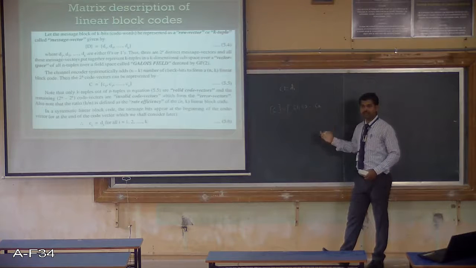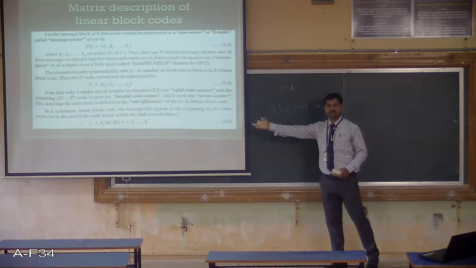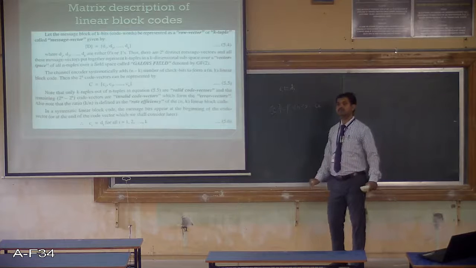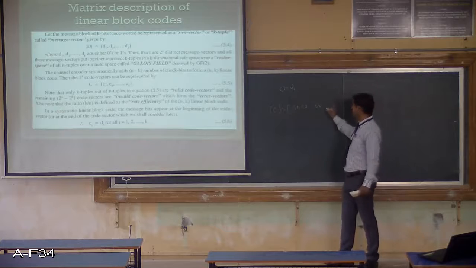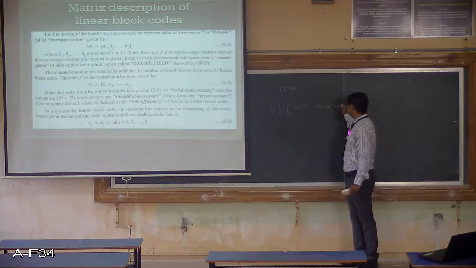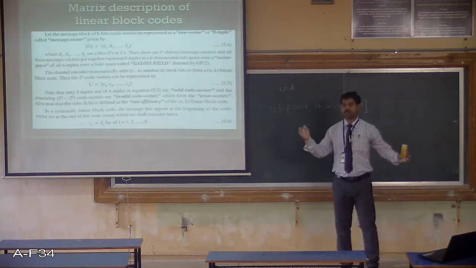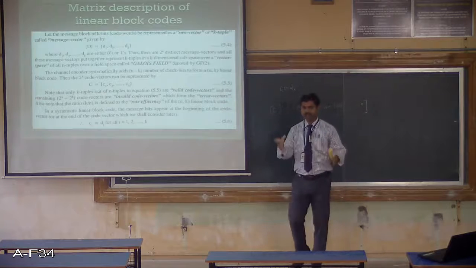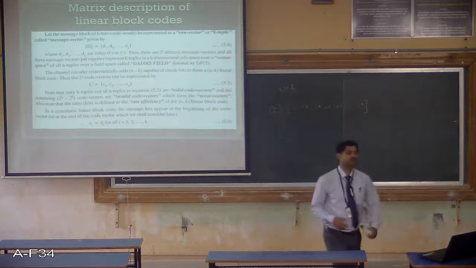But this is not the end of the code word, right? It has to go up to Cn. Partially I defined how to define the remaining bits of the code word. I can call them Ck plus 1, Ck plus 2, and so on up to Cn. It has to go up to n because the length is n. Partially I can define with the help of data, but how to define the additional bits?